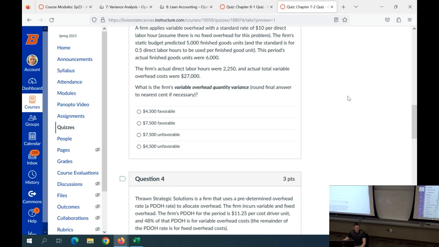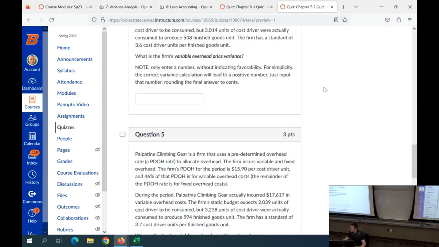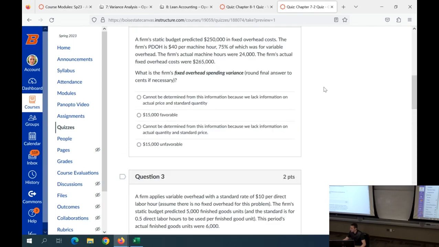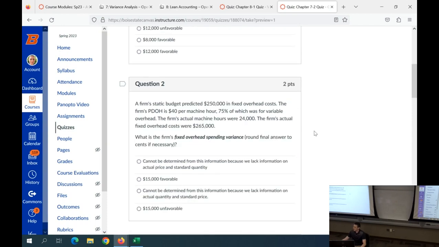Do you want a volume or a spending variance? Because I know I heard spending. Okay, first come first serve. Somebody said spending. Fixed overhead spending variance. Let's find one if we can. Oh, there we go. This will have to do. And this might be one where we have cannot be determined. But if we can't determine it, I will put in a number of whatever we're lacking so that we go